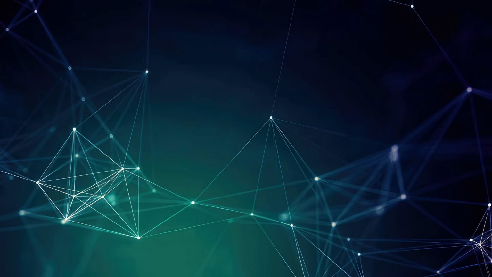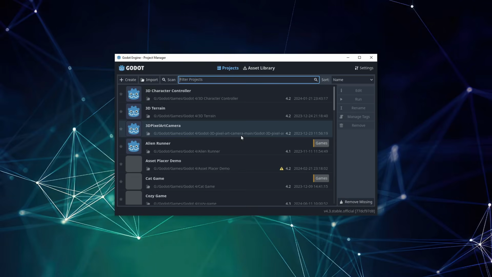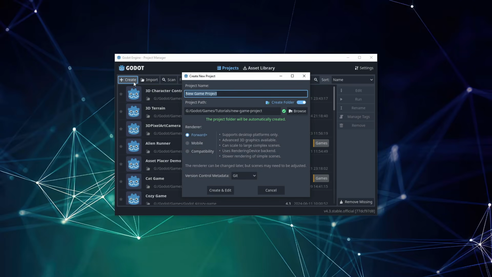Now let's hop over to Godot. Once the game engine loads, let's create a new project. For this game, we will call it Crop Tales. If you leave create folder checked, it will automatically create the game folder in your project path. So feel free to set your preferred project path before setting up the project and game name. We will leave the renderer on Forward Plus, and for version control, we will just set this as none.